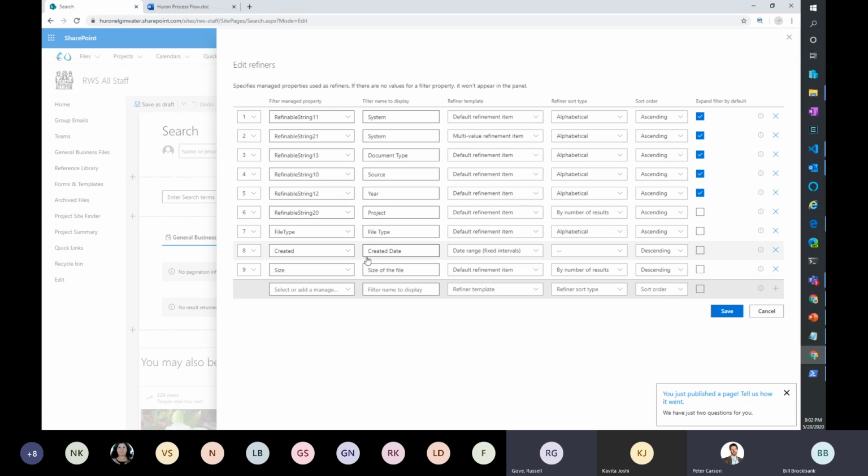Right. So you have RefinableString11 and 21, both showing up with the name of system. Yes. So that appears to the user as one filter. No, or one refiner? They come from 2 different result sources that I'm referencing. So there's a content type in 2 different result sources that have a system value. And the reason there's 2 of them is one has 3 and one has 2 values. Right, but to the user, it appears as one, right? You don't see 2 separate. Yeah, because we don't return result.